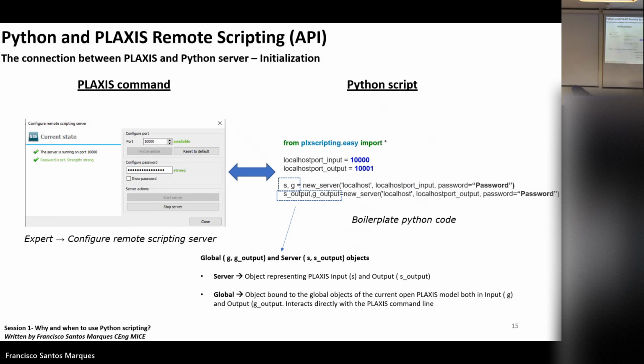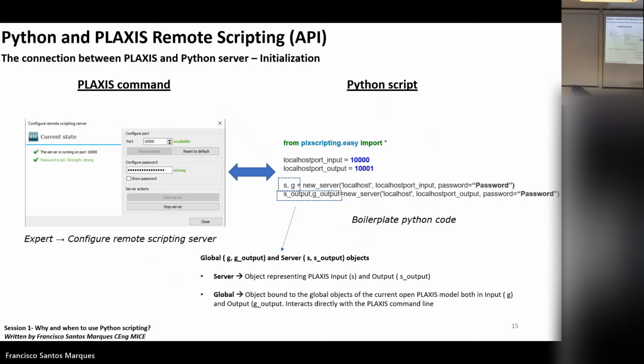So, for example, if you want to automate opening and closing projects, then use the server object. But if you want to tell the program to create lines, to mesh, to delete stuff, then you have to use the global one.